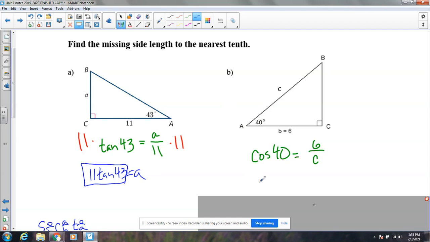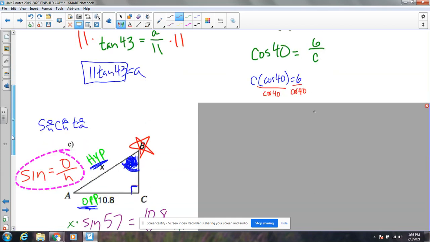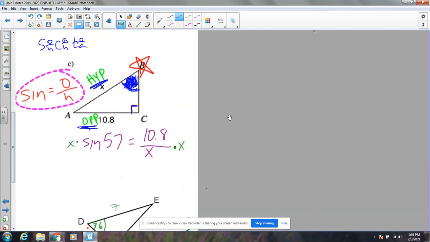For the one like letter B that I showed you, it became C times the cosine of 40 equals 6. And I had to first divide both sides by the cosine of 40 to get the answer by itself. So there's two different ways you're going to see these questions. Sometimes the answer is going to be by itself right away, and sometimes you're going to have to do that extra step. In this case, we have to do that extra step because I have x times